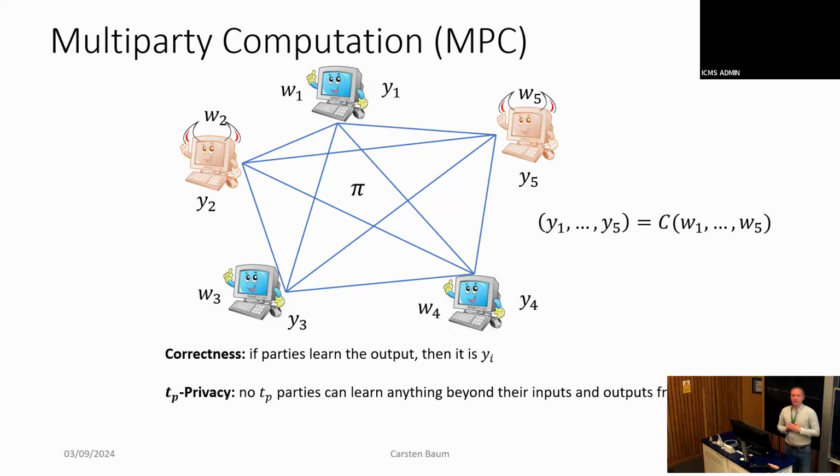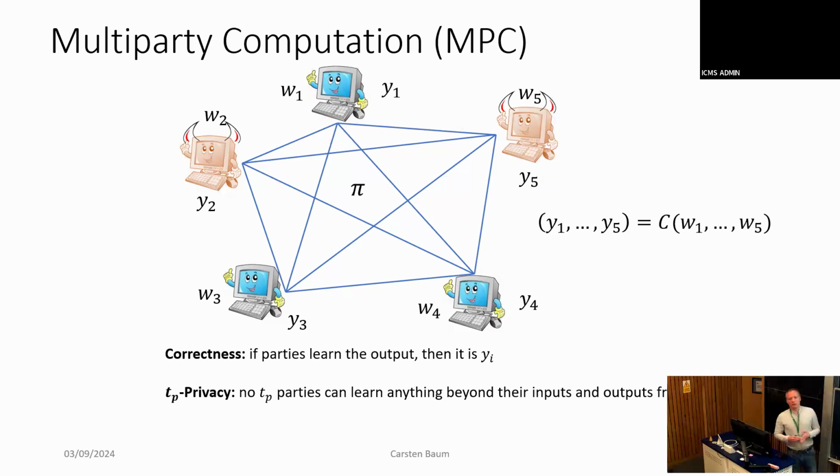You might be in a situation where you assume that your attacker follows the protocol but wants to learn something extra, right? So your attacker controls parties 2 and 5, but he lets them do what they're supposed to do. But from looking at the messages that they get, he wants to learn something extra about maybe somebody else's secret input, like party 1's secret input, right? So maybe that's what the adversary is after. But he's going to behave as if he's part of the protocol.